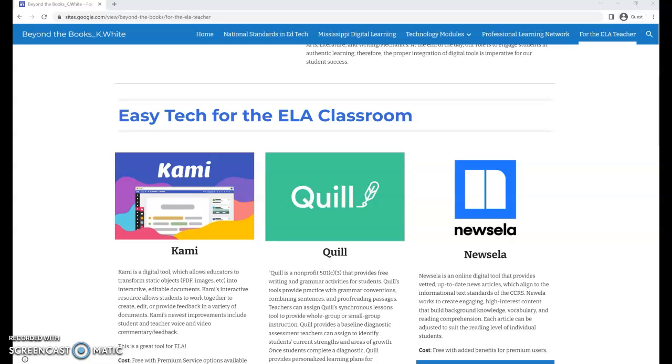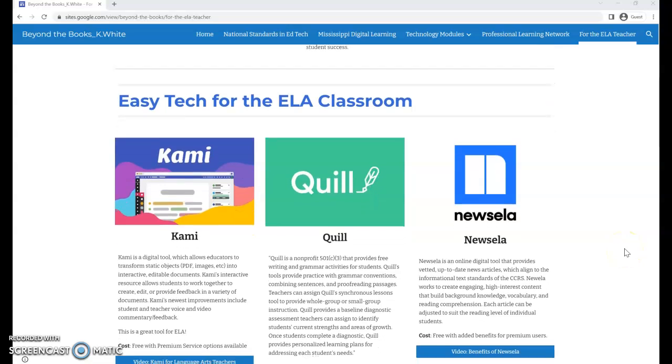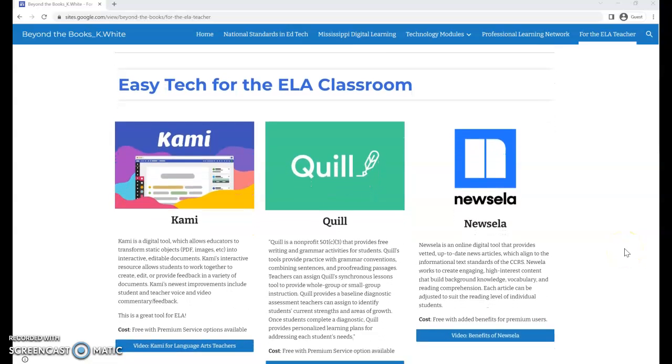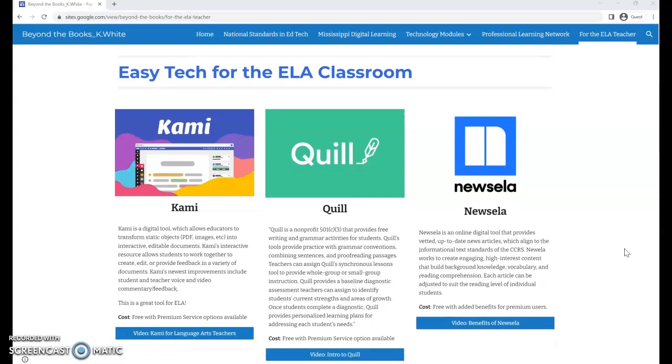So the first thing I did was give you these 3 websites that are just easy to implement in your classroom. If you're not already using these, they are great tools, great sources for you. The first one on the left over here, this is Kami. And basically what Kami does is it allows you to upload PDFs or images, and then you share it with the student. It works through your LMS, so in our case it would work through Google Classroom, and the student